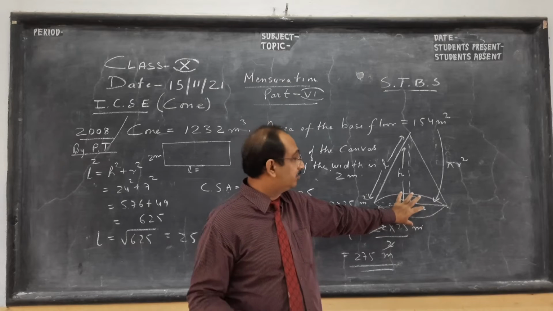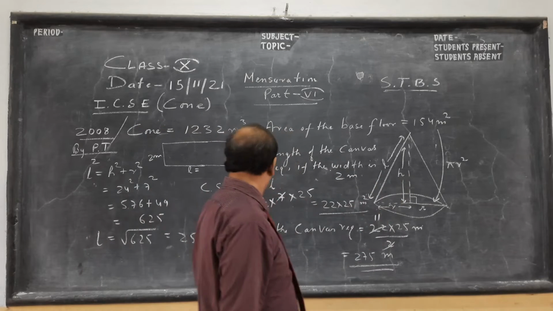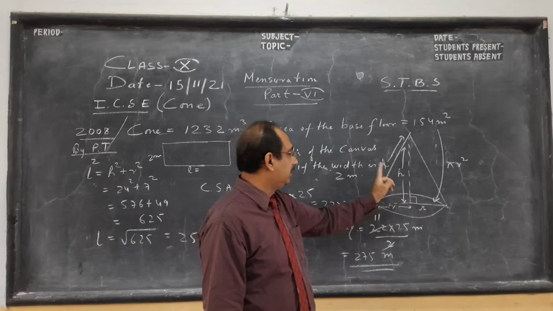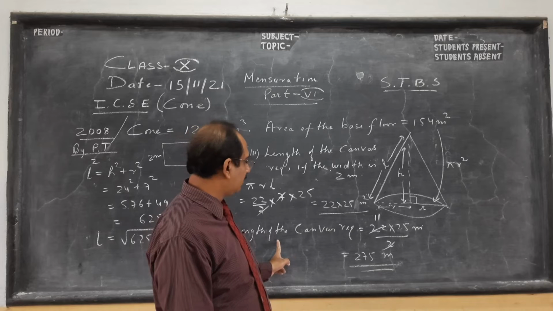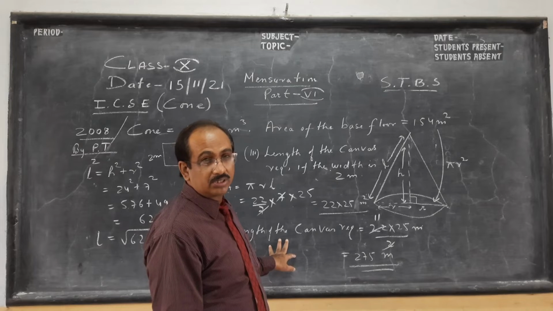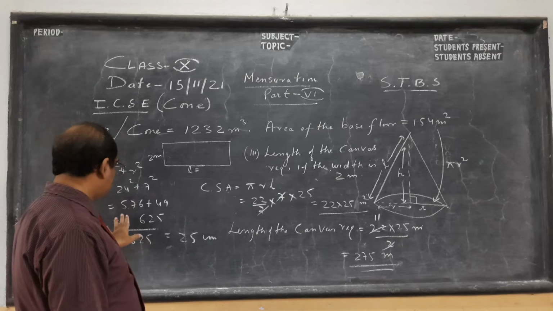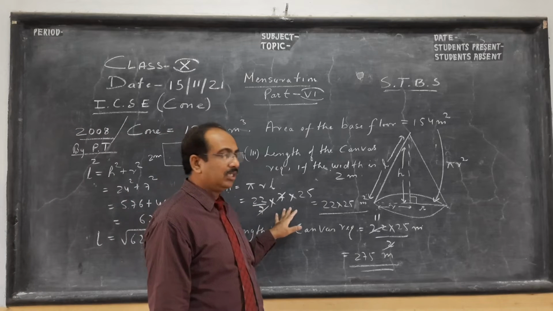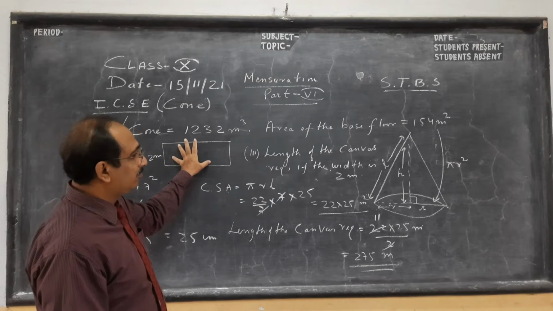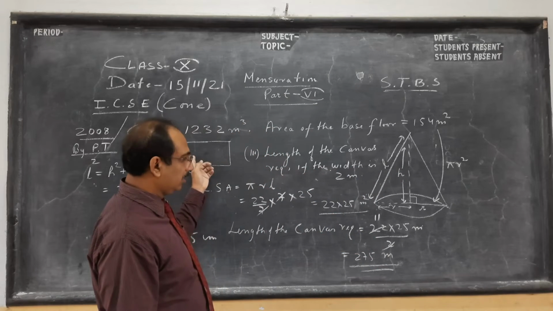So in the very last part of the MCQ, you will see what is the radius, we got 7, then what is the height, we got 24. Then the slant height, we got another mark: radius, height, slant height, and finally how much canvas will be required. So this can come as a subjective question, or this may come as an MCQ. The basic idea remains the same. With the height and radius we find the slant height, with the slant height we get the curved surface area. You don't multiply here, we divide the curved surface area by 2, because this rectangular piece of canvas will be used to make a conical tent, the curved surface part only. So we divide by 2 to get the length, and it is 275.